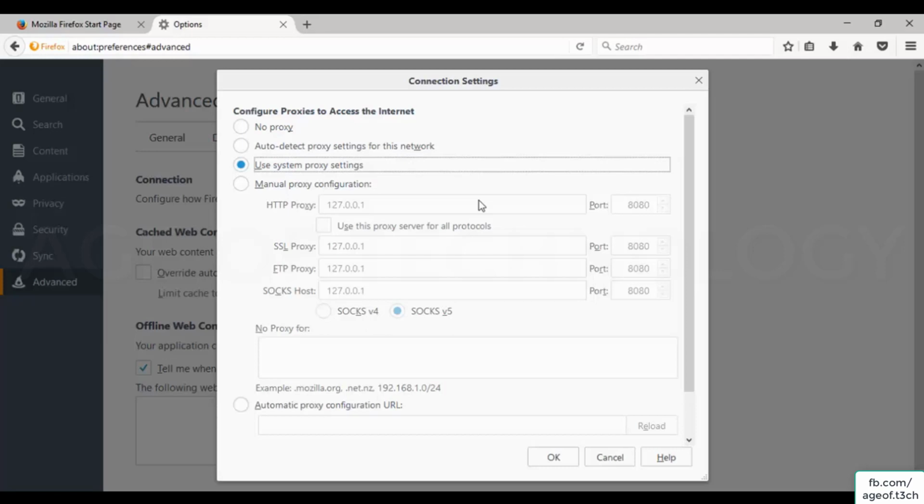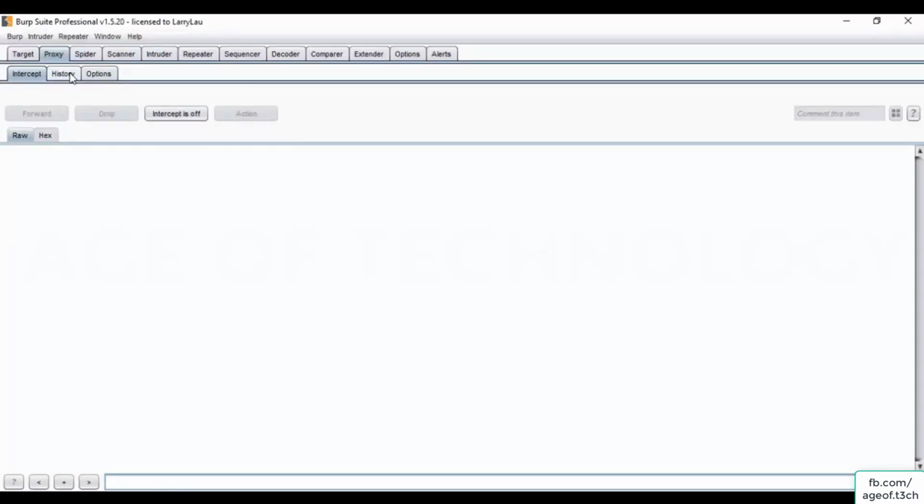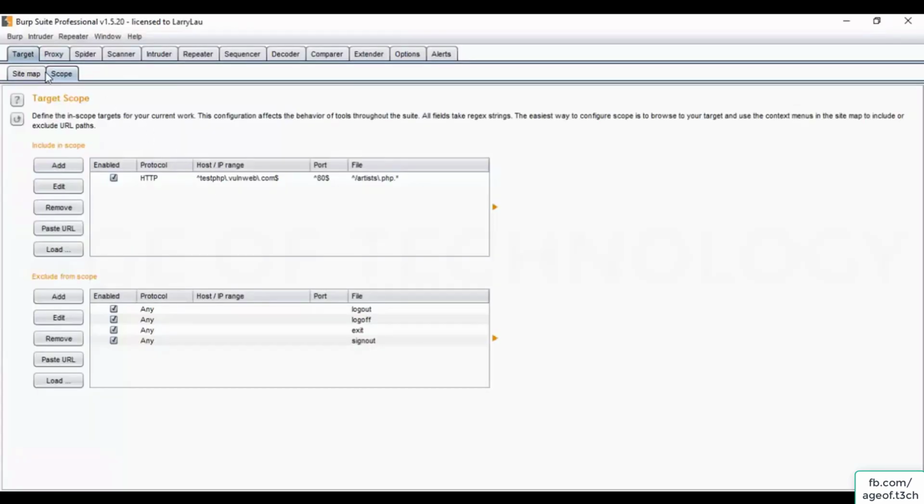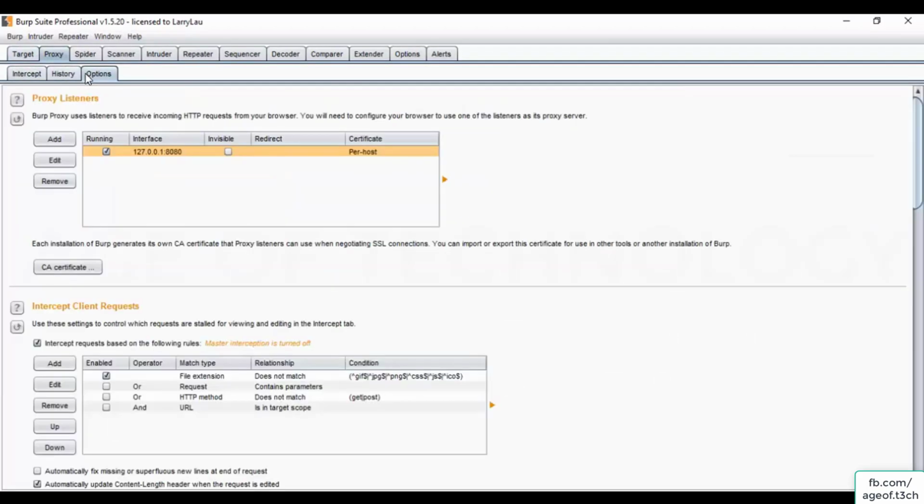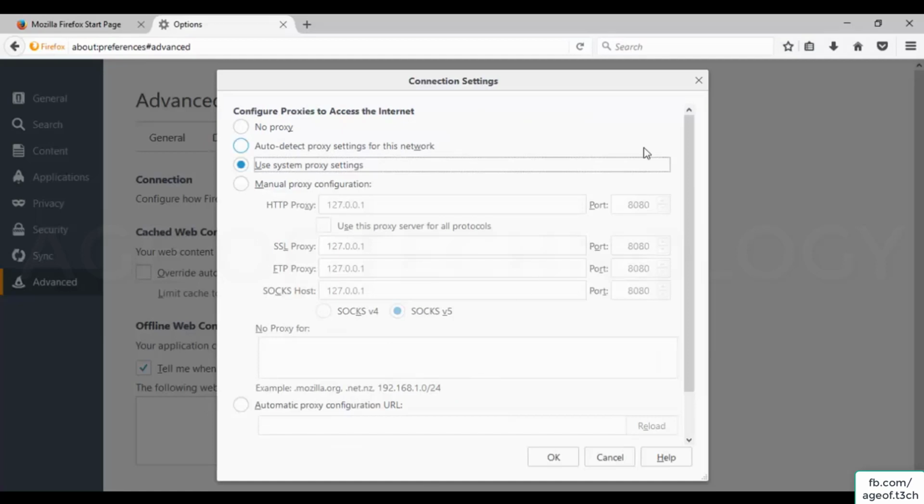For Burp Suite configuration, the system should run on its localhost 127.0.0.1, and it should use the port number as configured in the Burp Suite. Like if we click on here in the target, then yeah, you can see here that it is working on the port number 8080. So your browser should also work on the port number 8080